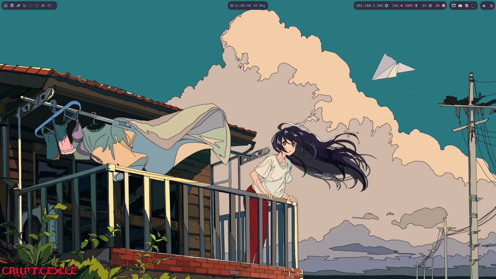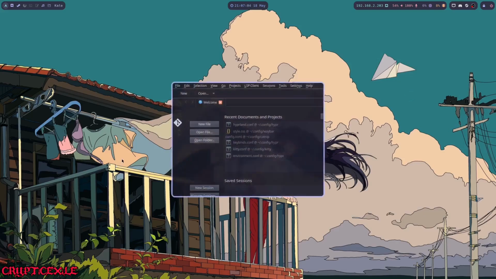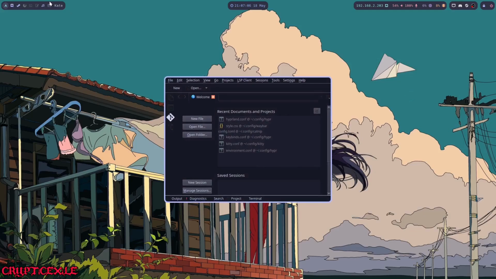And also, I actually put, you know how Windows has a title bar with the text for the title of your window. I also include that in there.